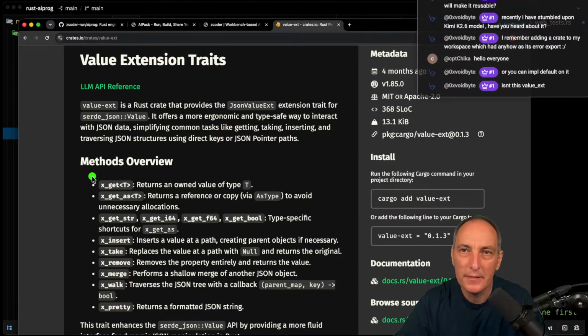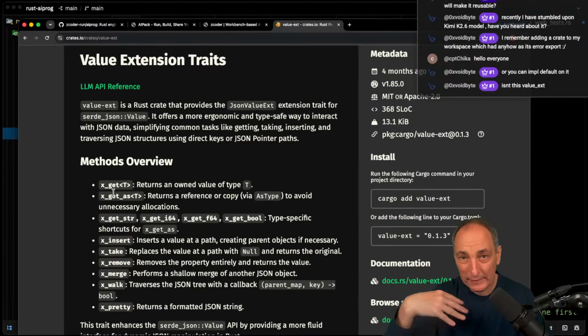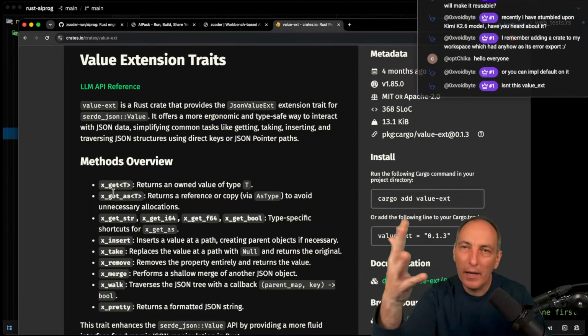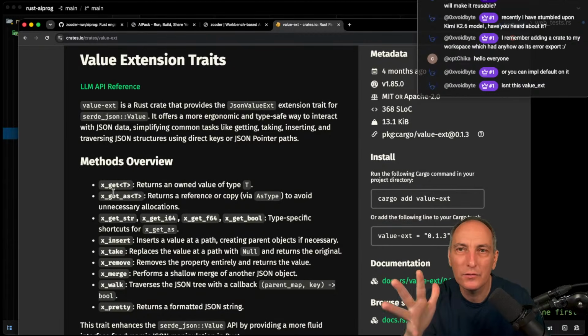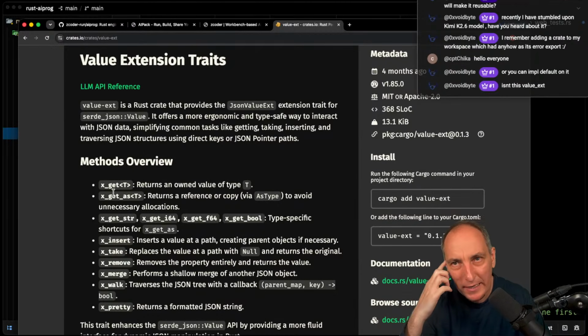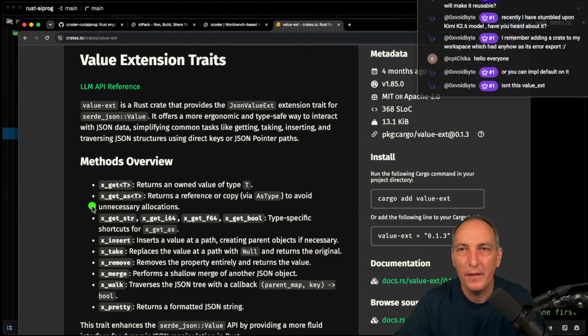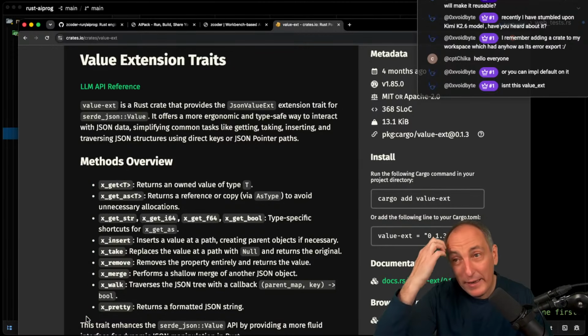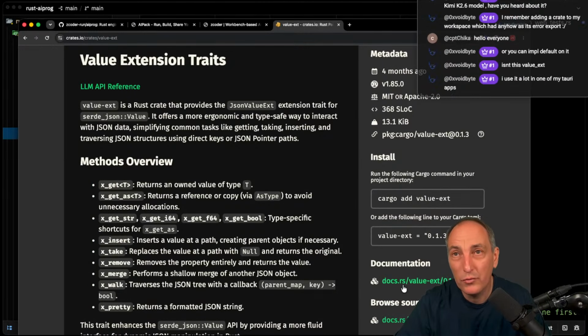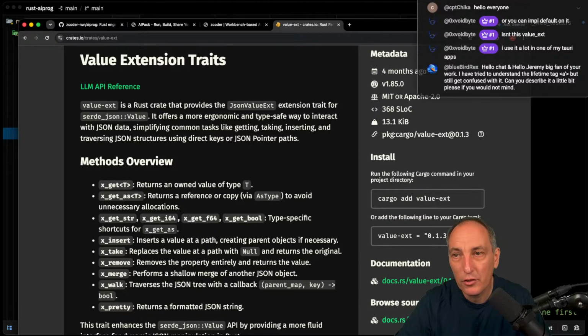crates.io, it's a crate that has this xget. And I put x underscore. Usually x means that it is within my crate, but this one I put an x because the goal is not to say, hey, this is better than the API or take over from the other guys. It's more to say, hey, this is a pragmatic way. So there's some value in doing that. Eventually, what I want to do in this crate is to make this crate cross